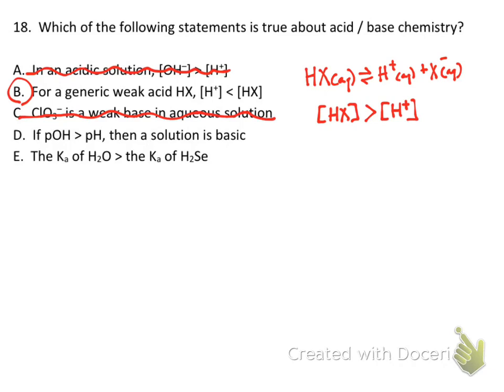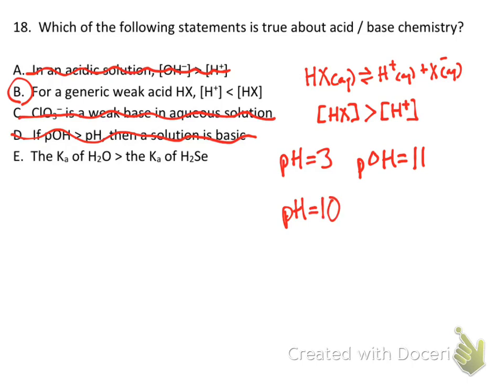For this one, I'd like to take a step back and think about actual tangible numbers. Let's say that we have an acidic solution, hypothetically a pH of 3. Well, 14 minus that at 25 degrees Celsius is going to be a pOH of 11. We can see that for an acidic solution, the pH is less than the pOH. So what about a basic solution? Let's say a pH equal to 10. Then the pOH would be 14 minus that, which would be 4. So in a basic solution, as per this example, the pH is greater than the